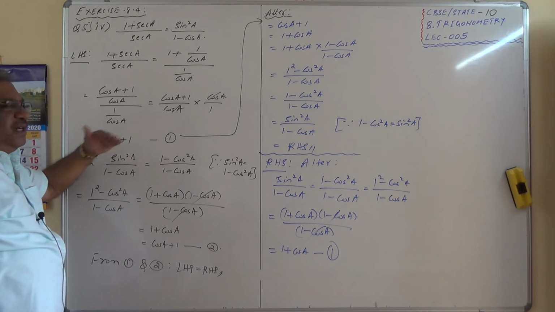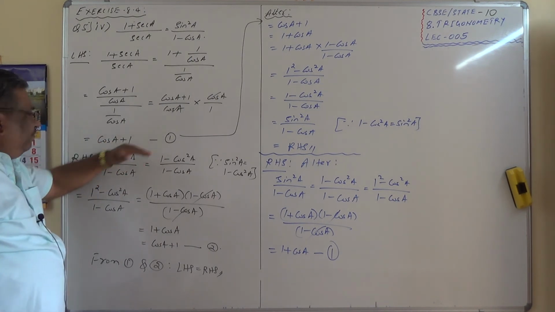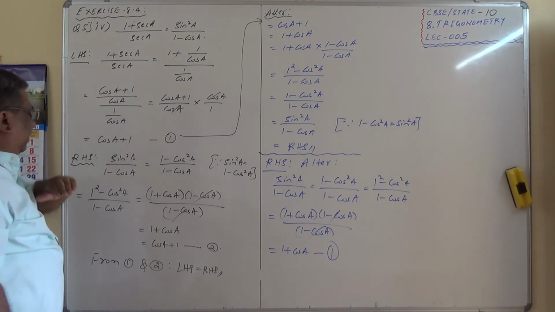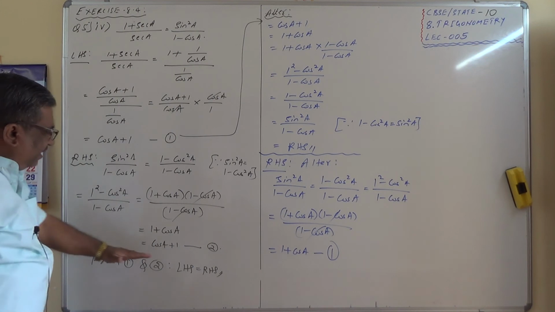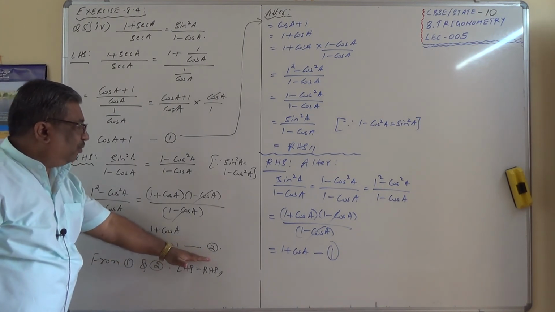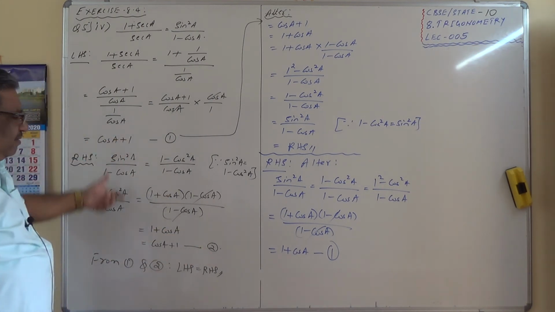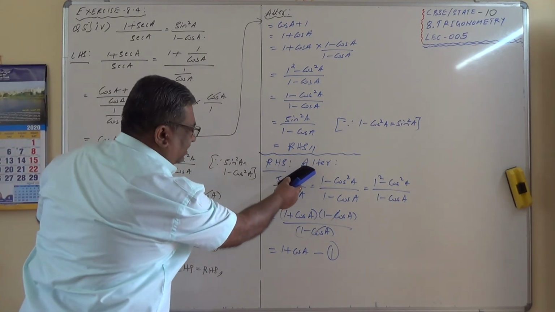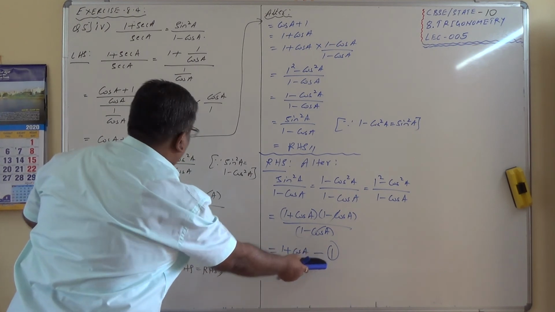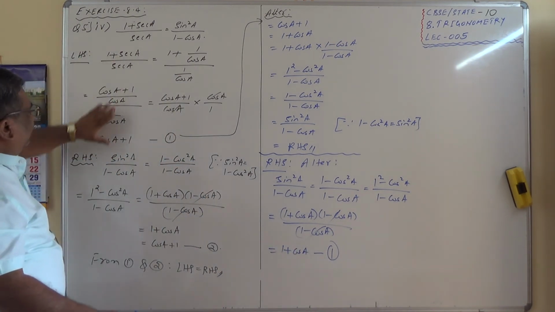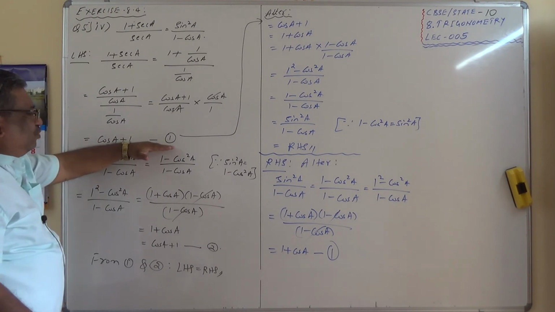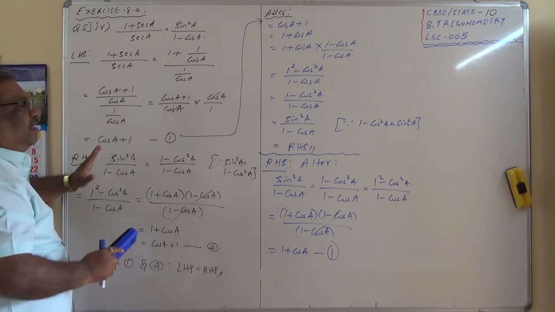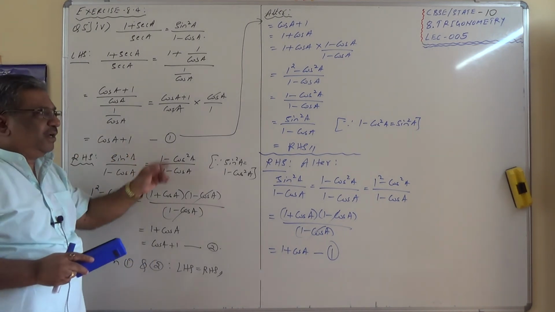If you are not able to understand how to continue further, mark it as 1. I took LHS, got this, tag it as 1. Take RHS now. Finally, I got cos A plus 1, tag it as 2. From 1 and 2, this equals this. Now, if I take RHS in the beginning, I got 1 plus cos A, mark it 1. Now, you take LHS, arrive at this, mark it as 2. So from 1 and 2, RHS should be equal to LHS. These are the alternate methods. Make a note of this.